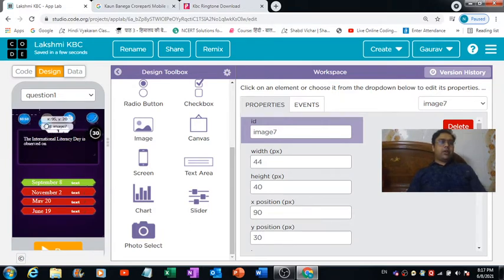Similarly, I have 2 different image buttons over here also. Okay, and for these 2 also I have 2 different image buttons. So these are some of the tricks you can make use of if you really want to create a beautiful application.